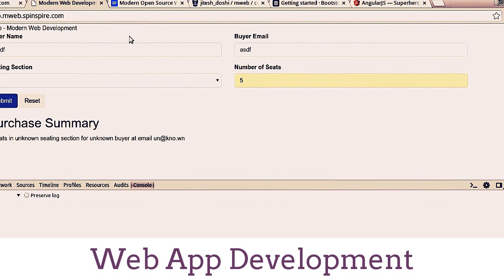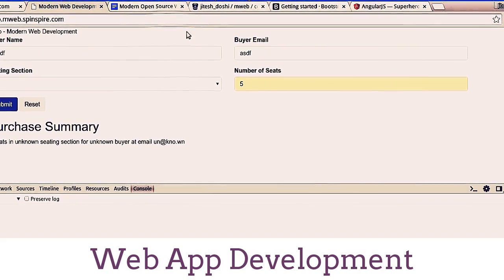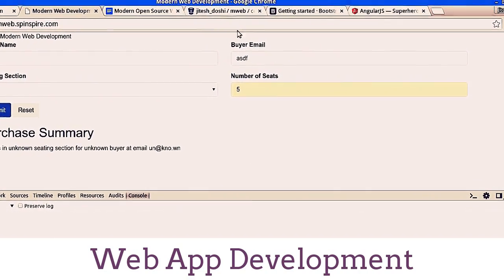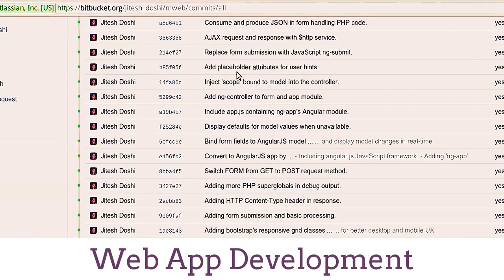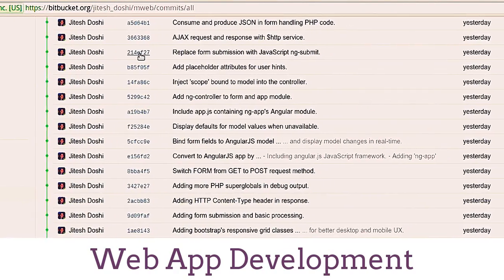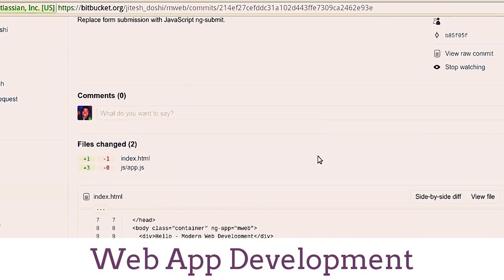So that's the Java placeholder. Again, this is an HTML5 attribute. It's a pretty nice feature of modern web applications. Okay, so now what we will do is,